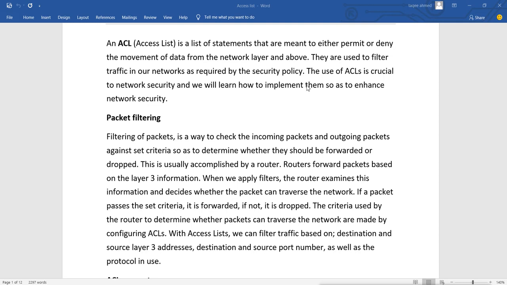They are used to filter traffic in our network as required by the security policies, like which traffic we want to allow, which traffic we want to deny, and what the trusted network is. These are the defined security policies we have, and based on them we can create the statements and rules. So the use of ACLs is crucial to network security, and we will learn how we can implement them to enhance security.